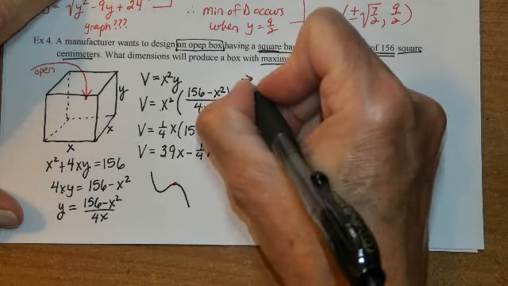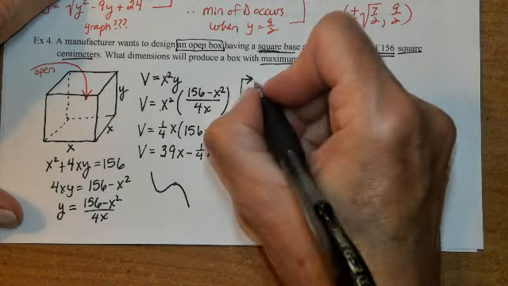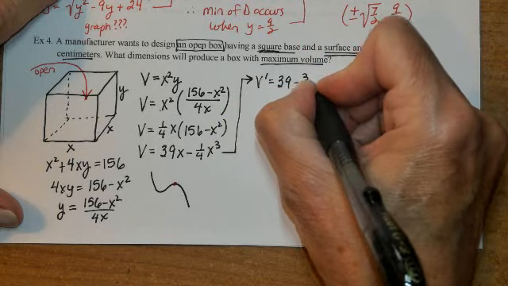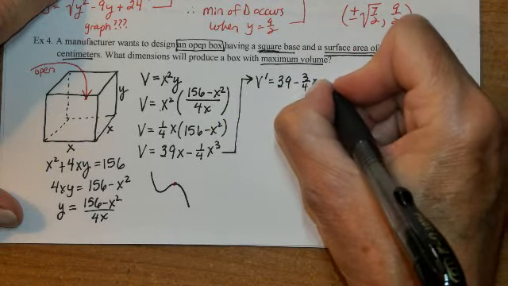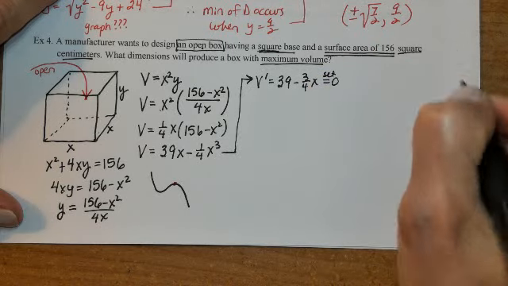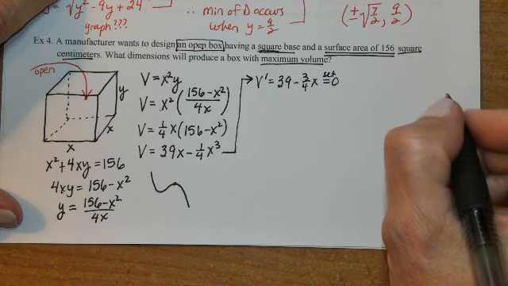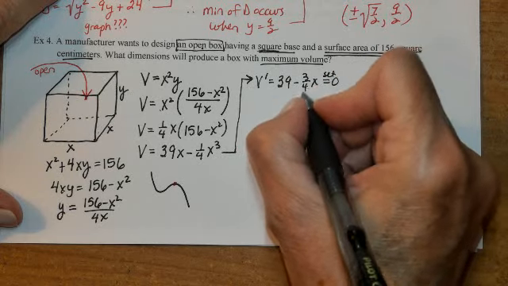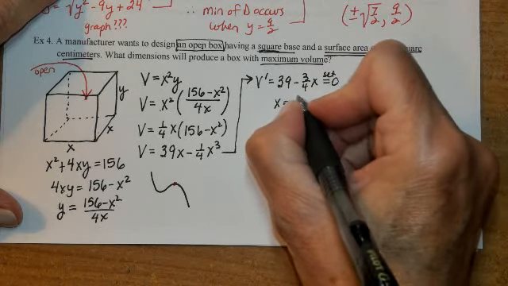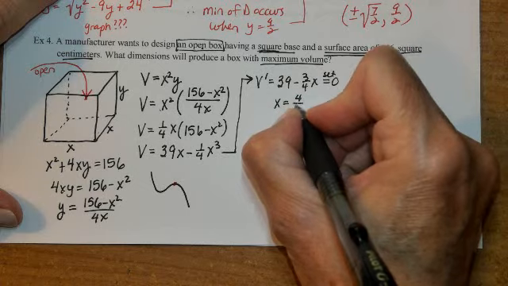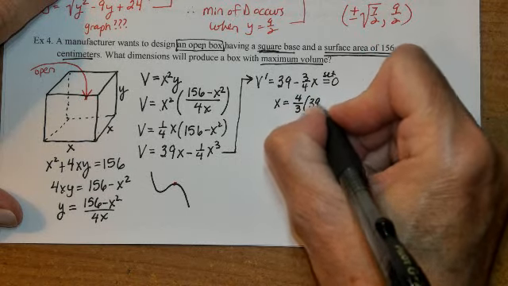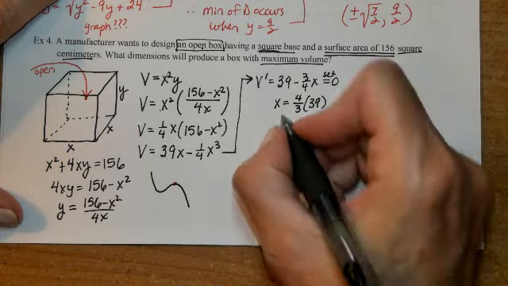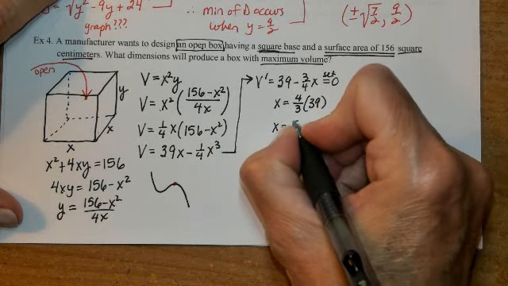Regardless, we take the derivative, set it equal to 0. So v prime is 39 minus 3/4 x. Set it equal to 0. Solve for x. So if we subtract 39 and then multiply both sides by 4/3, we're going to have x is equal to 4/3 times 39. 3 goes into 39 13 times. 13 times 4 is 52. So x is equal to